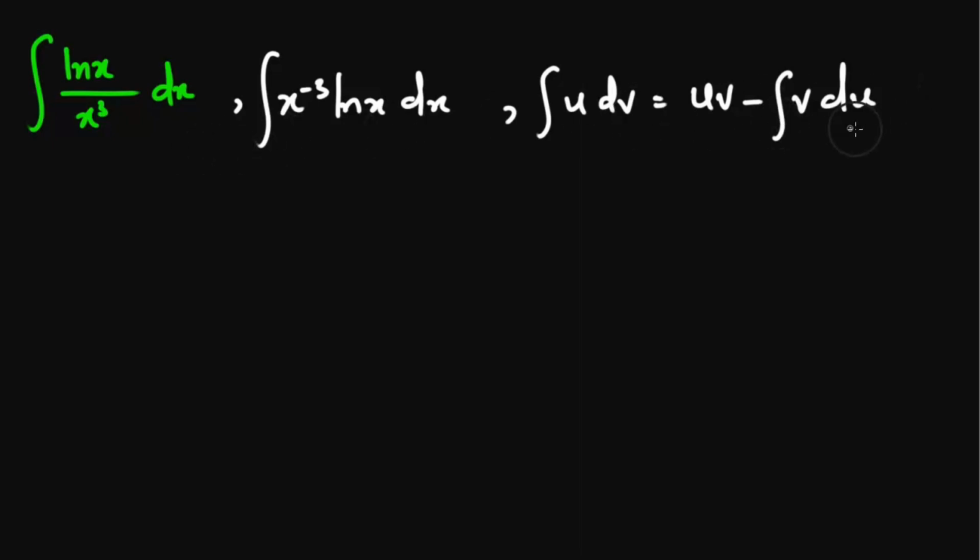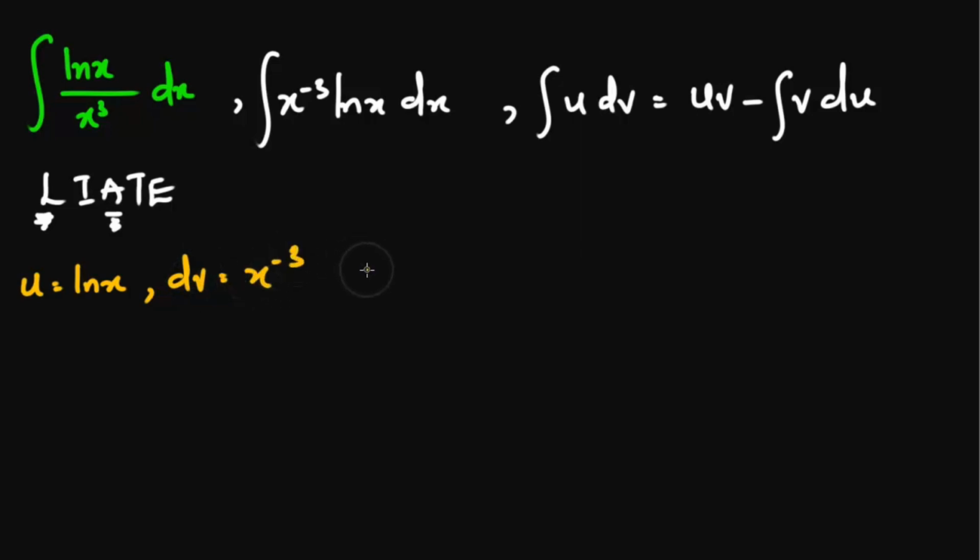Okay, now that we have this, how do we proceed? We are going to choose one of the functions to be u, the other to be dv. So how do we decide that? Let's remember the LIATE method. Okay, so what is u? From here we see that we have logarithmic function taking more priority than algebraic. Okay, so that means our u is equal to ln x, alright, and dv is equal to x to the